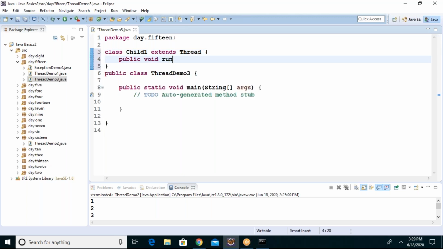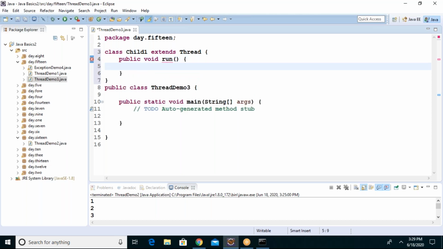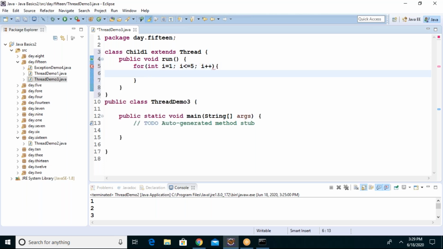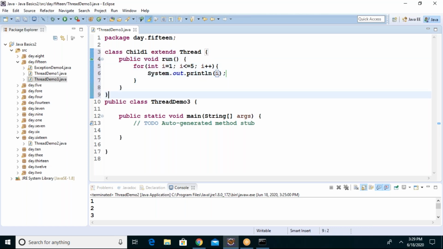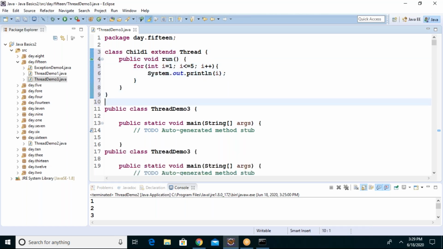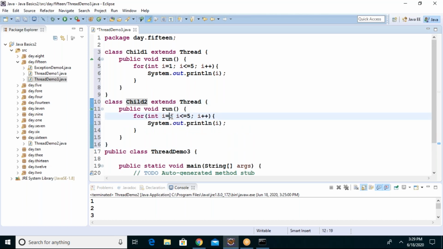Public void run method, for loop int i equals 1, i less than or equals 5, i plus plus, System.out.println. I'll copy this and paste it. So I created a second thread which prints from 6 to 10.